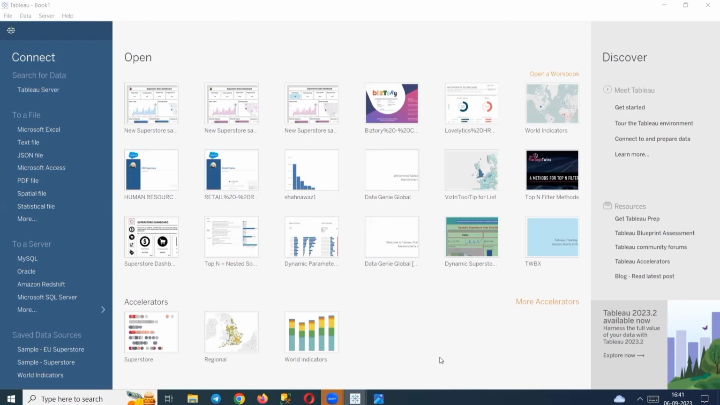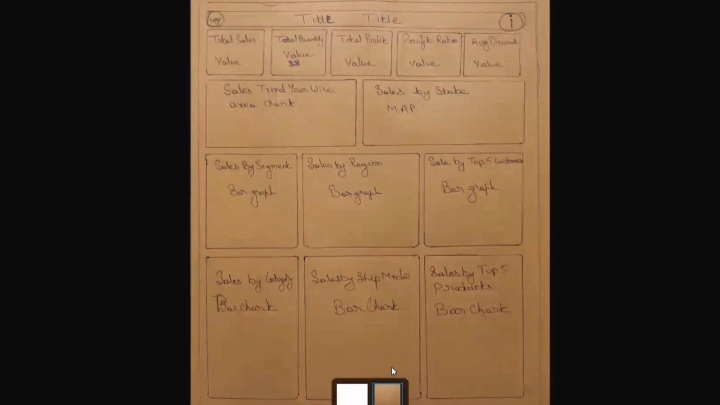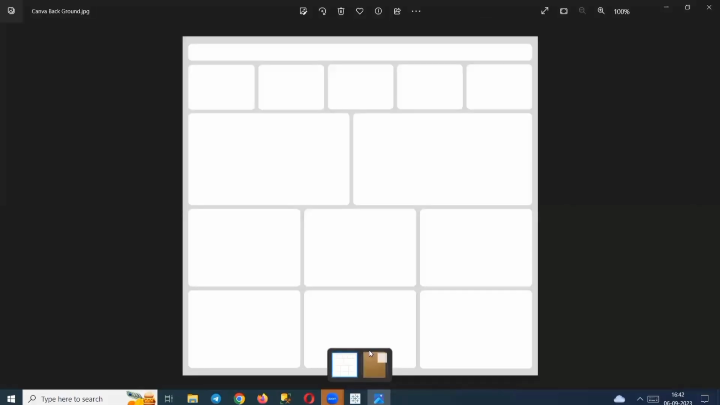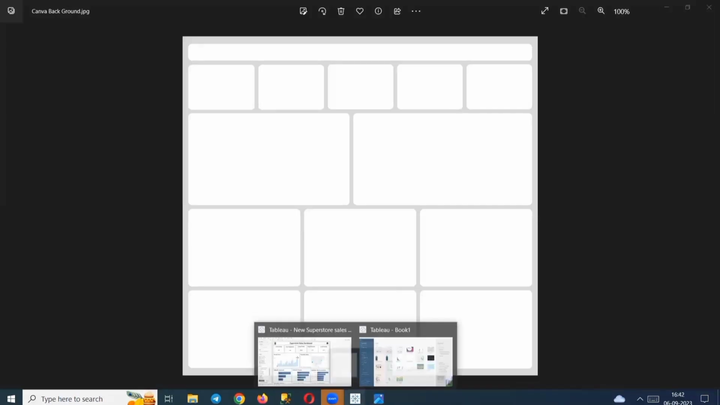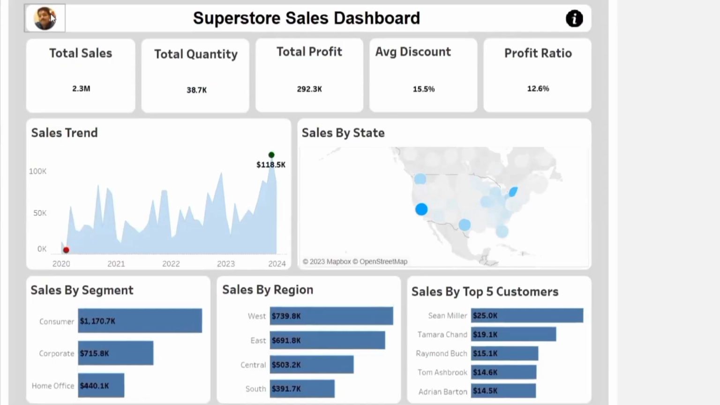Before we start, I have a rough design which I created on paper. Based on this, I have created this background in Canva so that I can use the same in the Tableau dashboard. So let's look at the dashboard which we are going to build today. So here